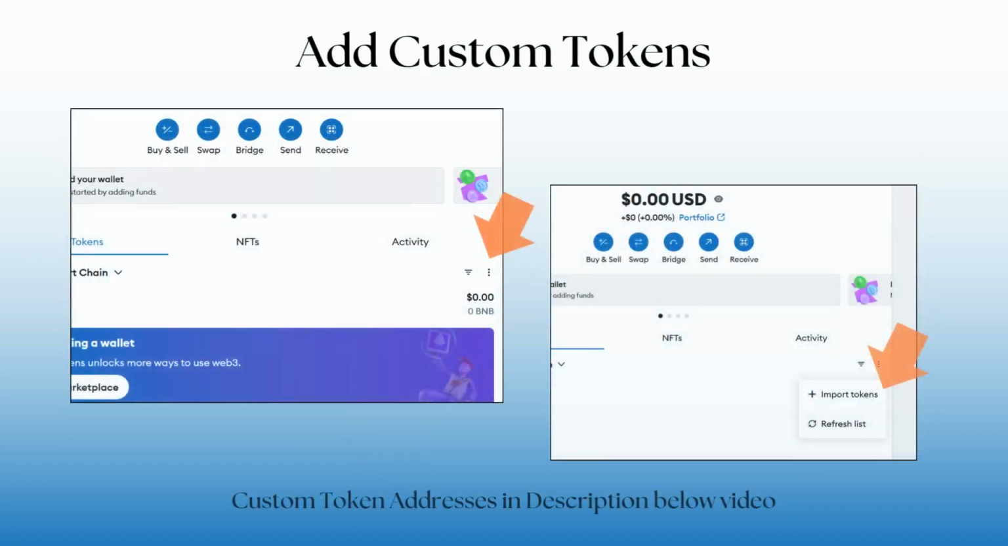Now we'll add a custom token. The first one we're going to add is the PFI. So if you would like to copy the PFI address from below the video, click on the three dots on the right-hand side, Import Tokens,